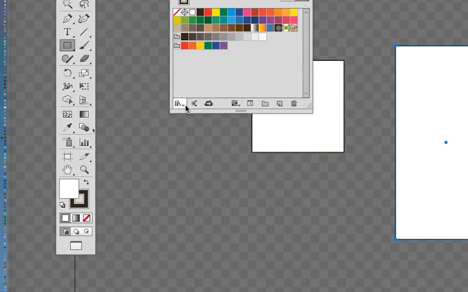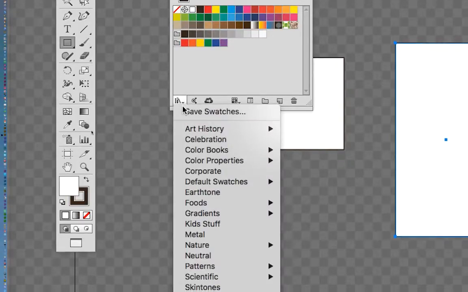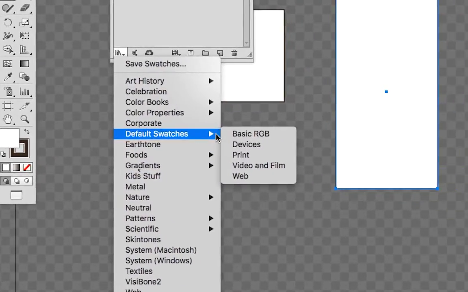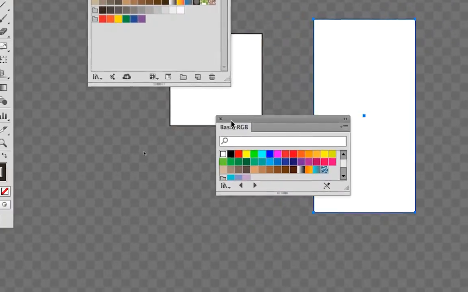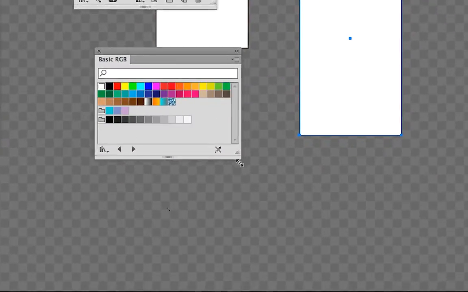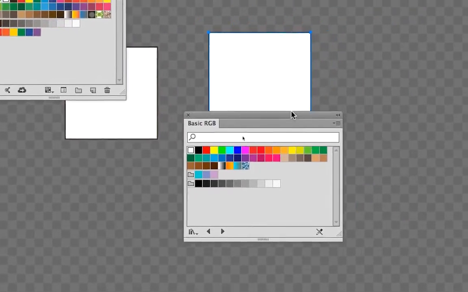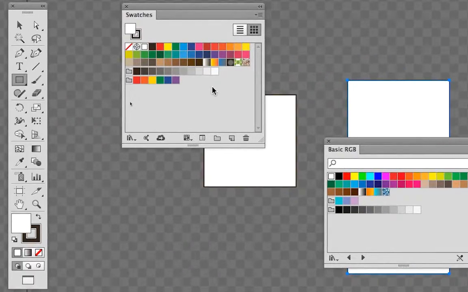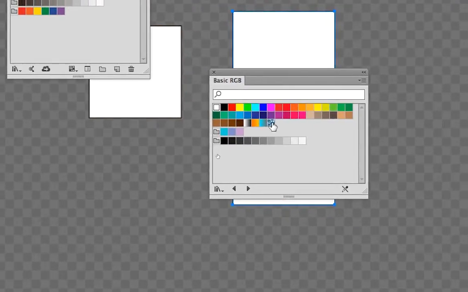So you go in the library here, bottom left menu, and you go into Default Swatches, Basic RGB. So this is another floating panel, not modifiable. You may not put colors into it, but you may select them and add them to the document swatches panel. So you click on the first color, and with the shift key, you click on the last one,